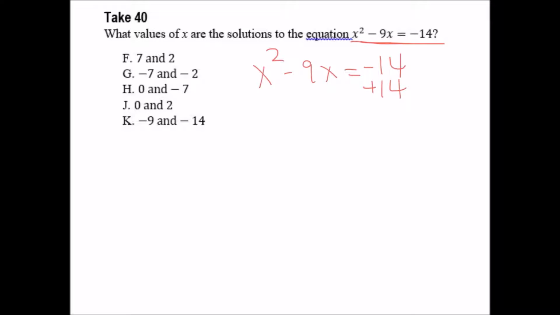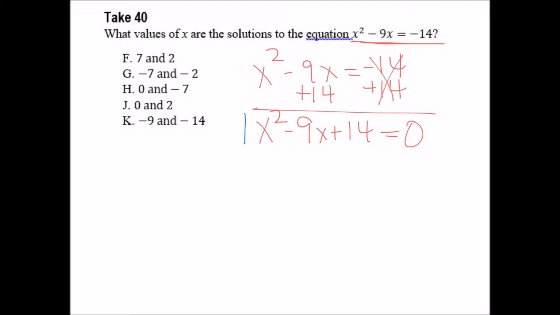We're going to move 14 to the other side by adding the opposite. We get x squared minus 9x plus 14, and there's nothing left here, so that's a 0. So now again, because we have a leading coefficient of 1 in front of the x, we can set up the equation to find out